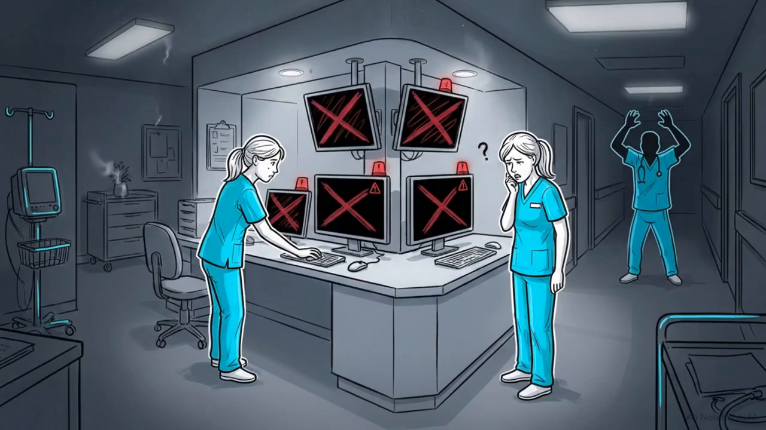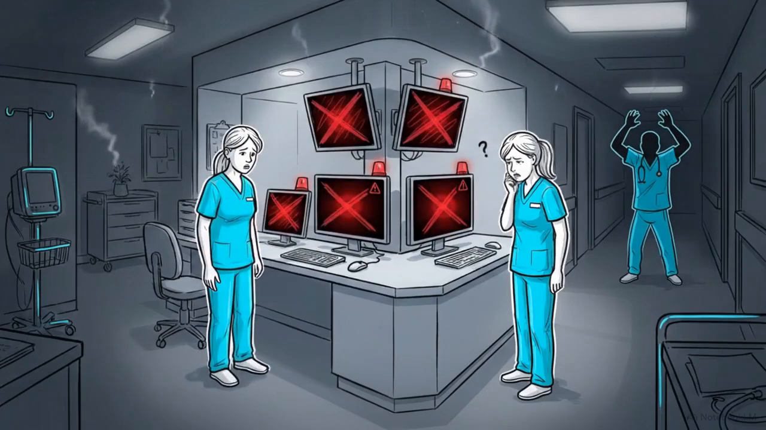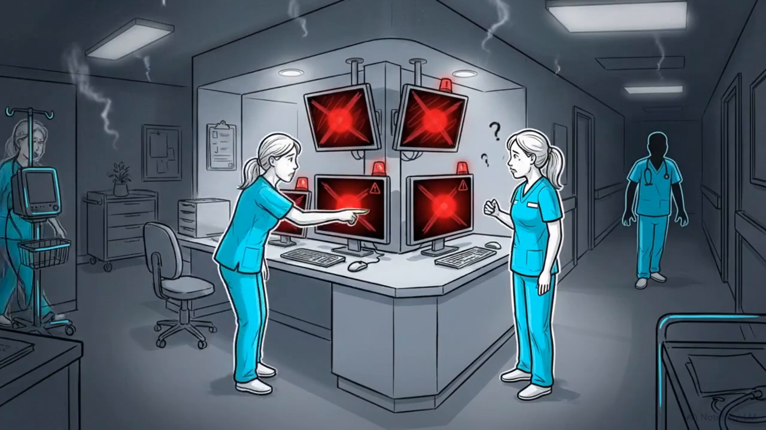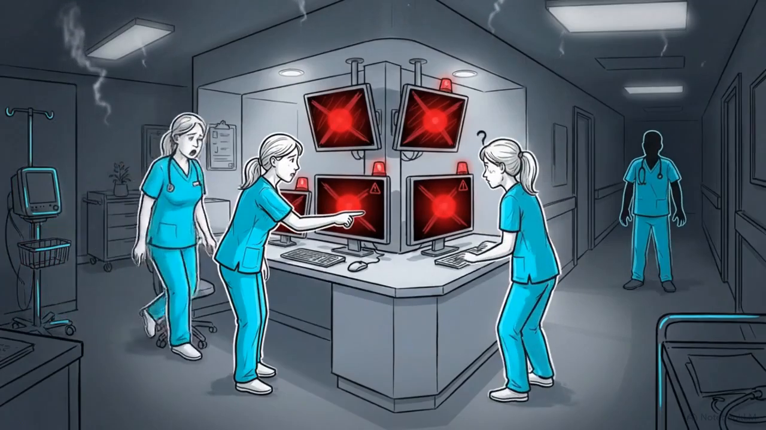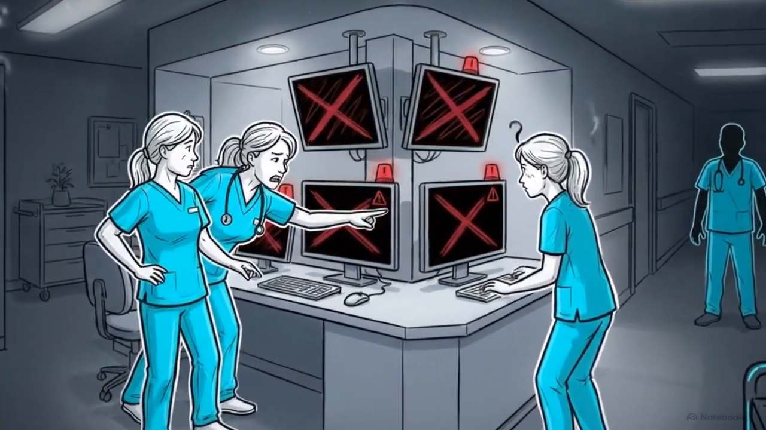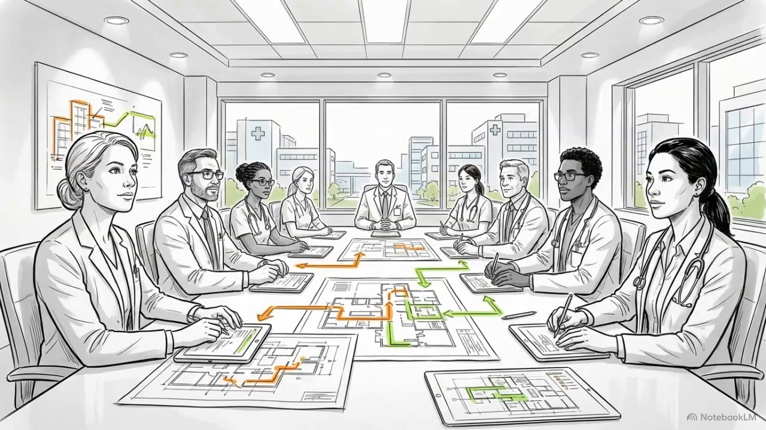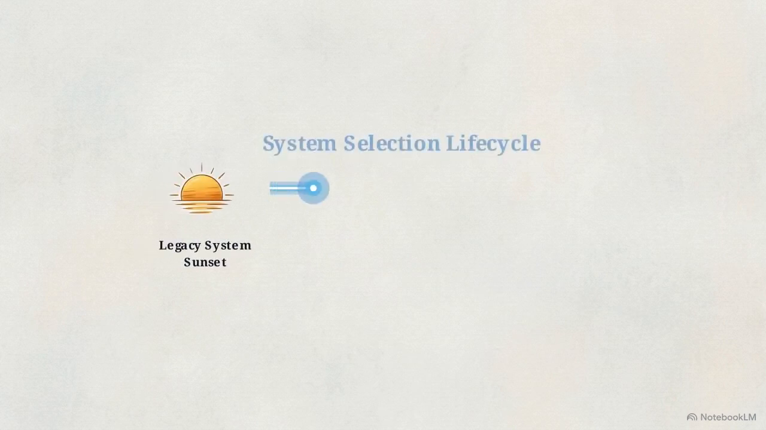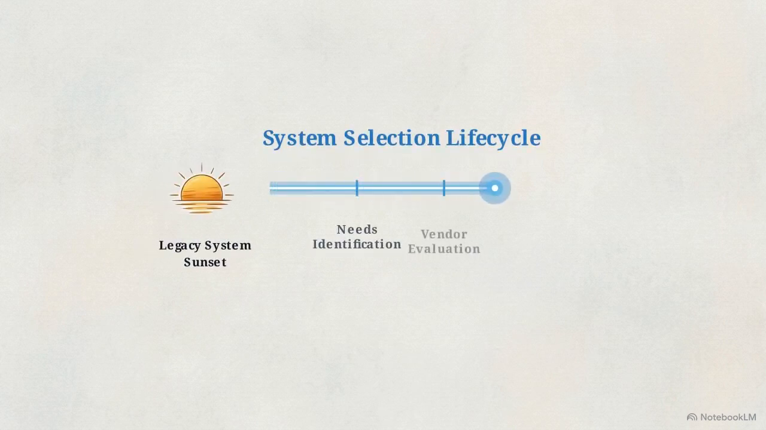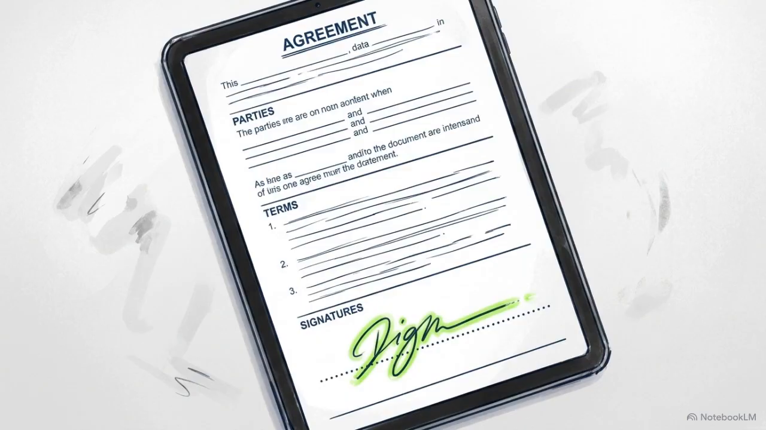A collapsed enterprise IT implementation evaporates millions in capital, completely freezes hospital operations, and immediately stalls patient care. To prevent these outcomes, organizations rely on system selection. This phase covers the entire lifecycle, from the moment a vendor sunsets an old legacy system to the final signature